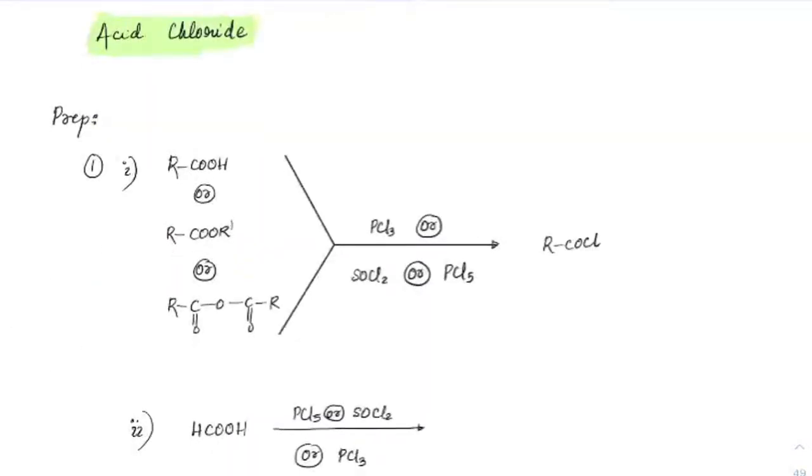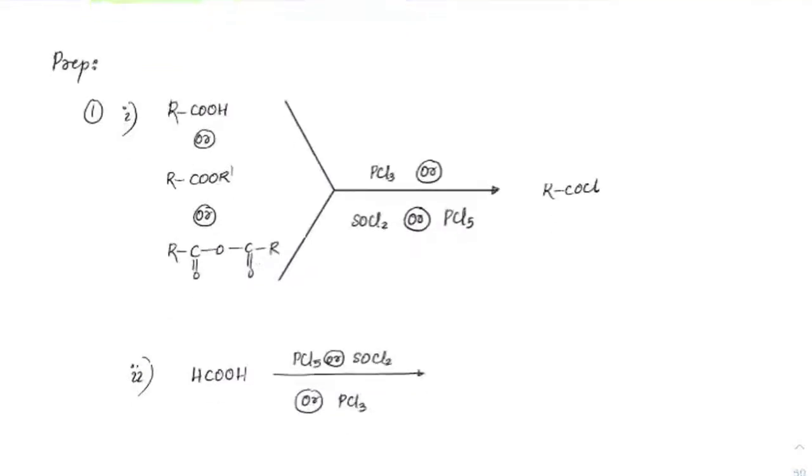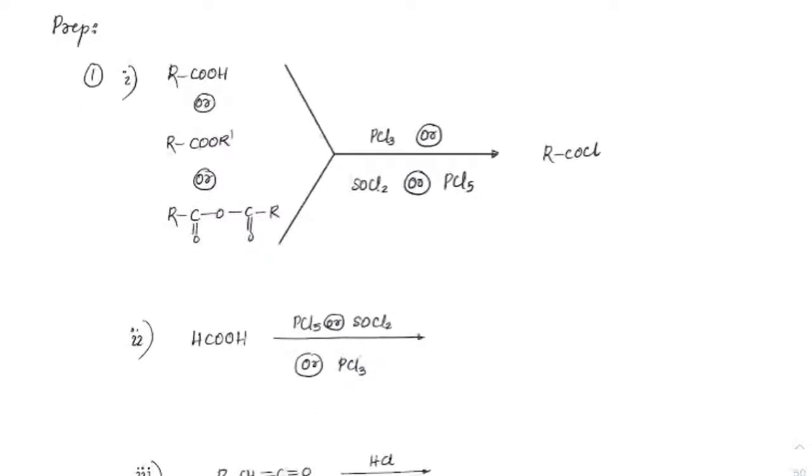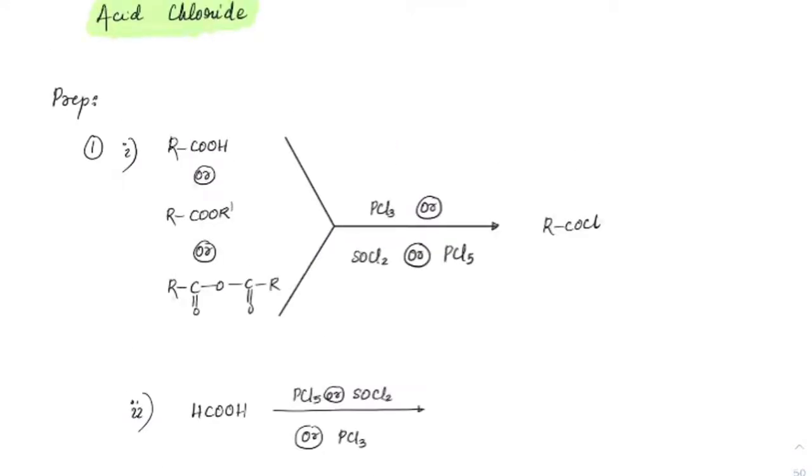Next, let us see the third derivative, acid chlorides. Okay. Acid chloride is complete repetition because we have been seeing the same acid reactions again and again. Check out acids, esters, and hydrates. All of them, if you treat with PCl3, SOCl2, PCl5, will go through reactions exactly similar to how they happen in alcohols. Just to brief you on that, I'll show you one of them. So we have C double bond O, OR dash, imagine.